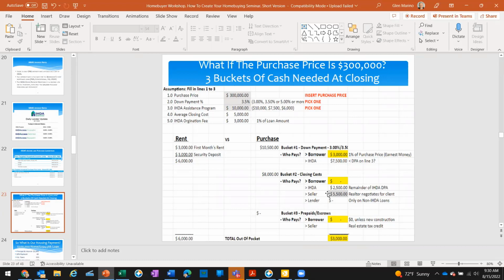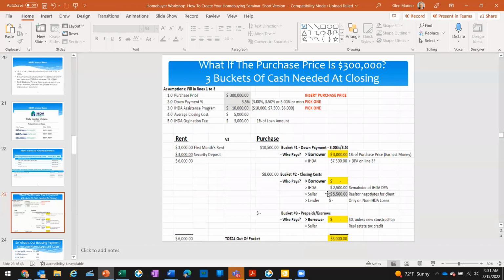$300,000 is our purchase price, and my realtor who represents the buyer is now going to put the contract together. My realtor goes back to the seller and says, my client does not want to pay $300,000. My client wants to pay more. And to the surprise of everyone, including the seller, they say, wow, this is fantastic. They want to pay more than $300,000. But your realtor, being the smart realtor that he or she is, says, my client wants to pay $305,500, provided the seller pays $5,500 in closing costs.